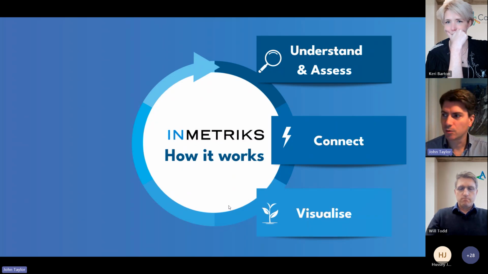We then visualize that. Once we've connected to all the data, we visualize it, and this is often the biggest leap, in that you'll have a huge amount of data in meters, in BMS points. You can have thousands of points in your building management system, but no actual way of visualizing that in a simple way that allows you to quickly highlight the areas that need most attention.